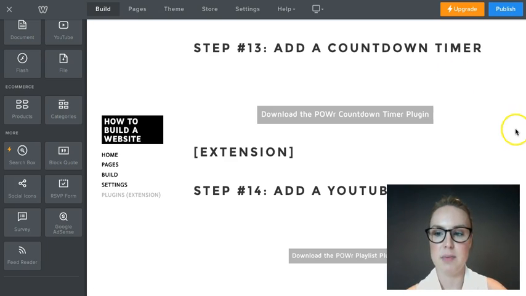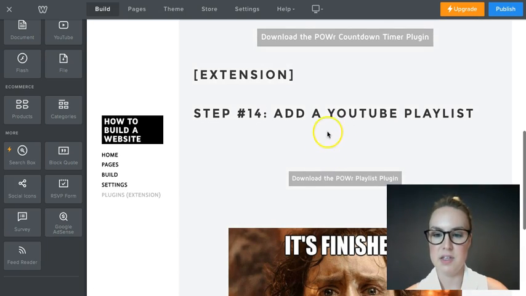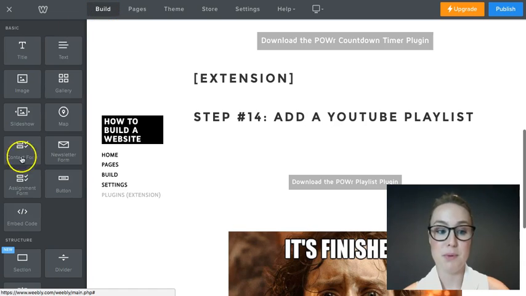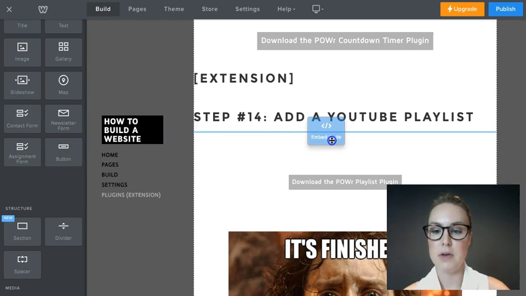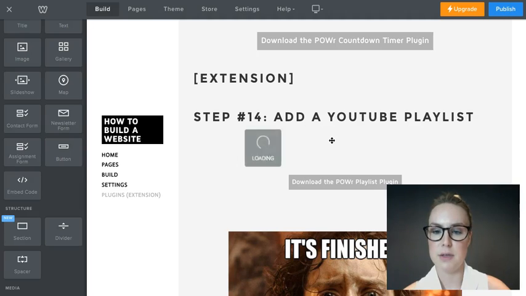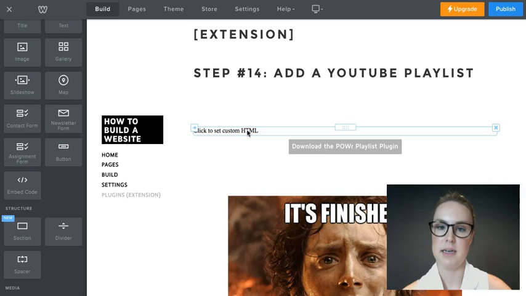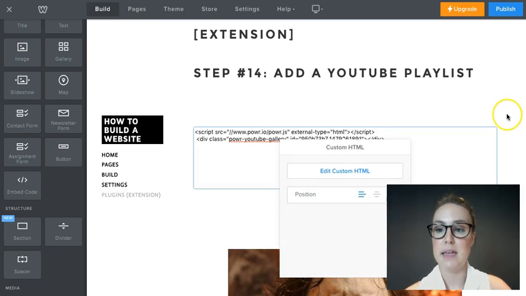So as an example, I'm just going to place one onto my website and I want it to sit just about here. And all I'm going to do is within my build function, I'm going to go down to the embed code option, clicking that, dragging that over to wherever I want that to sit, waiting for that to load, and it should come up with a tiny bit of text that says click to customize. So you click in here, you want to paste that link that you've already copied